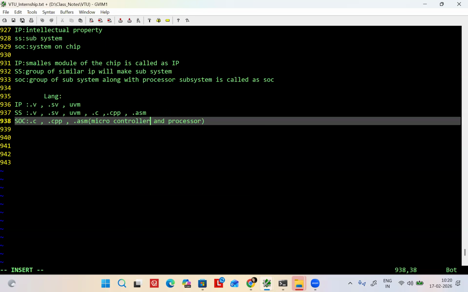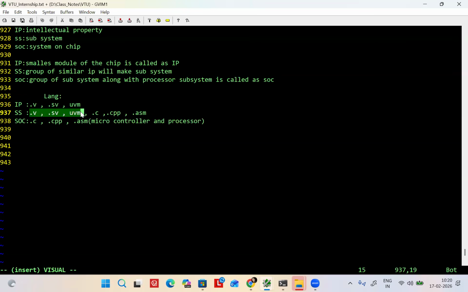See, HOC also needs all these languages. Here we cannot say it is only these three languages. Even Verilog, System Verilog, UVM are needed. If you get any doubt, again we need to know all the languages. But I'm just talking about the highly used ones. That doesn't mean Verilog, System Verilog, UVM knowledge is not needed for HOC. I'm talking about highly used. Here they are all being highly used.